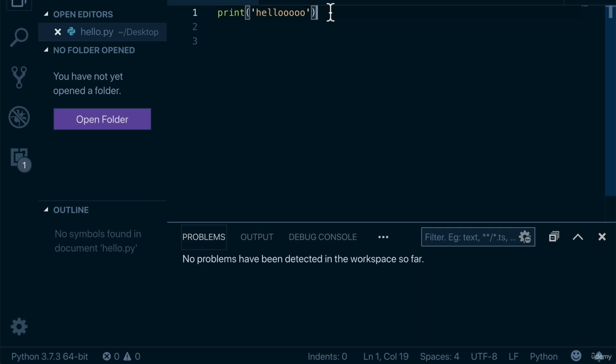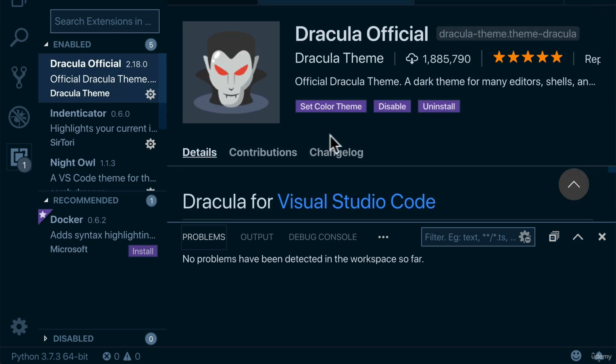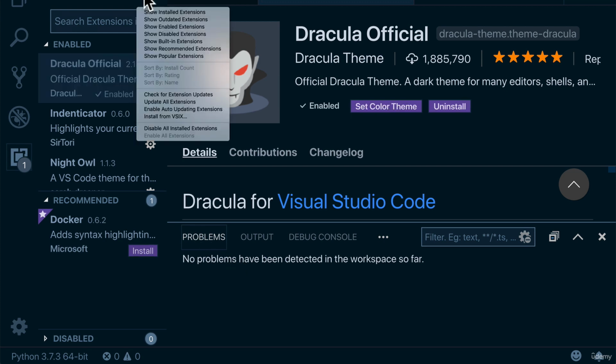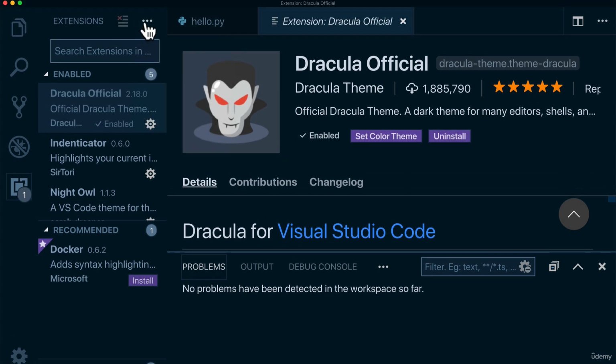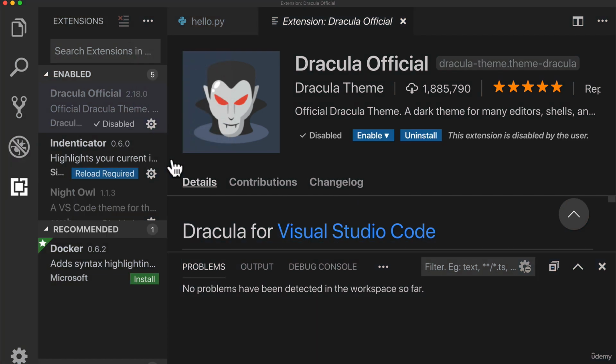By the way, you might be asking yourself, how come my editor, VS Code, doesn't look like this? For example, if I go to extensions, I have the Dracula official theme enabled now, which is a color theme that I have for Visual Studio Code. And let's click on this over here and just say disable all installed extensions.